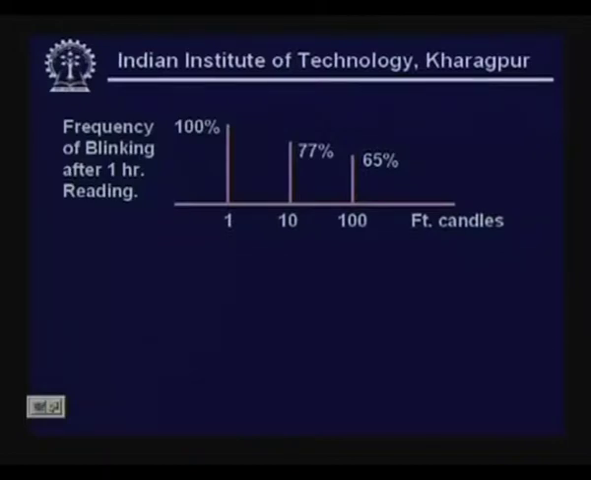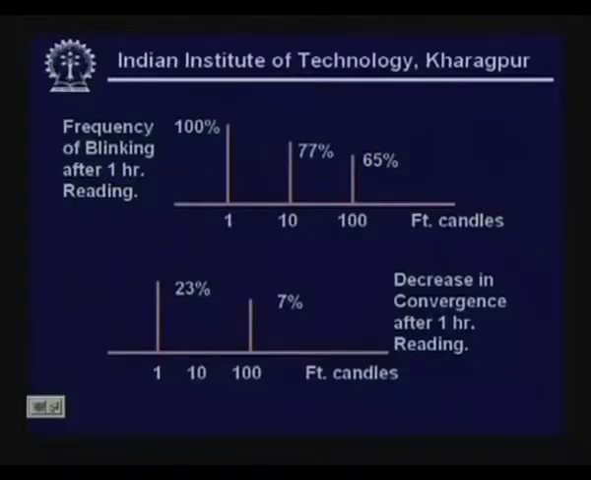As can be seen, it is around 77% for 10 foot candles and 65% for 100 foot candles. That means there has been a decrease of 30%, 35% in blinking rate because of increased illumination. All this helps. And however, the other important issue, remember that the eye is able to capture fine details by